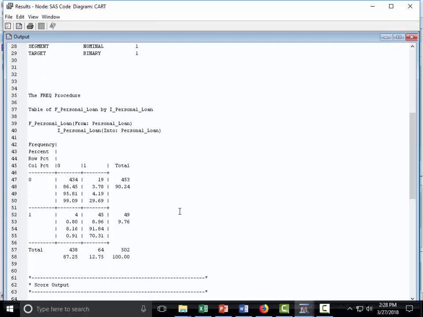So here, all right. So from and into. F is from, I is into. Okay, that's what I was not sure about. So from is the actual class. Into is your predicted class. So we have F personal loan, and into personal loan is that. So it gives you the classification matrix. So the code for generating this for test data is